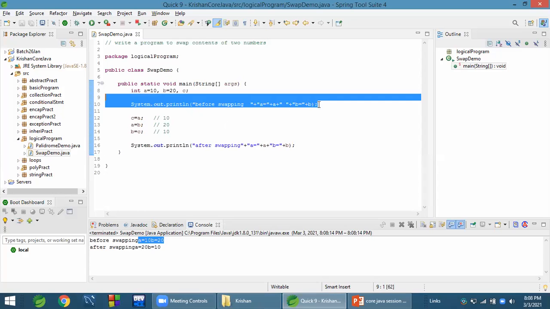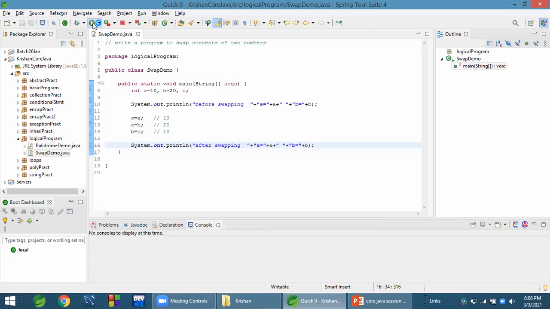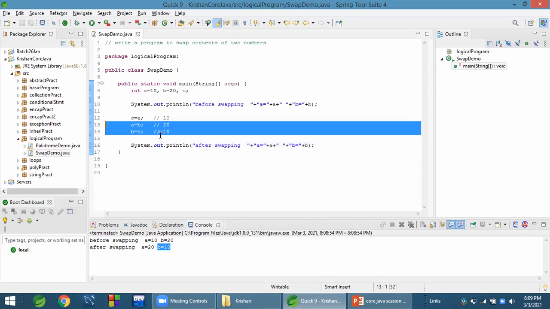And the same thing for this statement as well. After swapping. Before swapping, A was 10, B was 20. After swapping, A became 20 and B has 10. So this is the logic to swap contents of two variables.